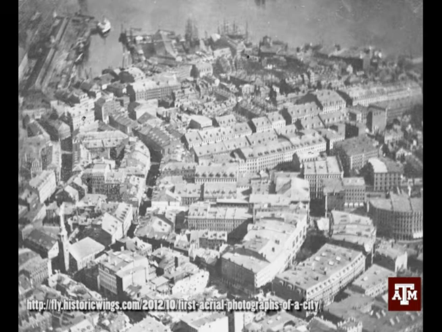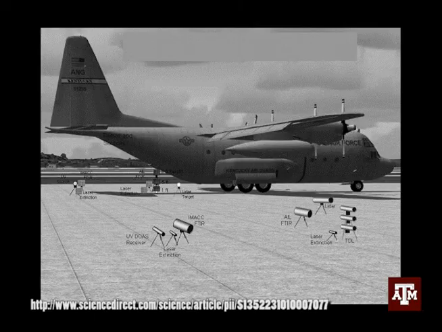scientific purposes. Systematic aerial photography was developed for military surveillance and reconnaissance purposes beginning in World War I and reaching a climax during the Cold War. The development of artificial satellites in the later half of the 20th century allowed remote sensing to progress to a global scale as of the end of the Cold War.